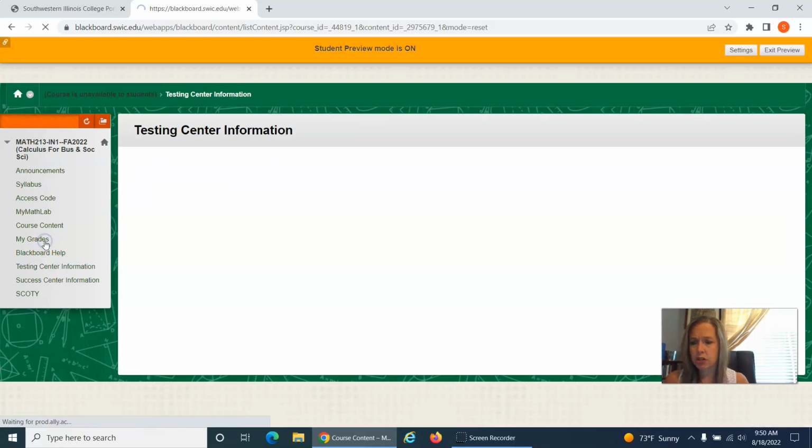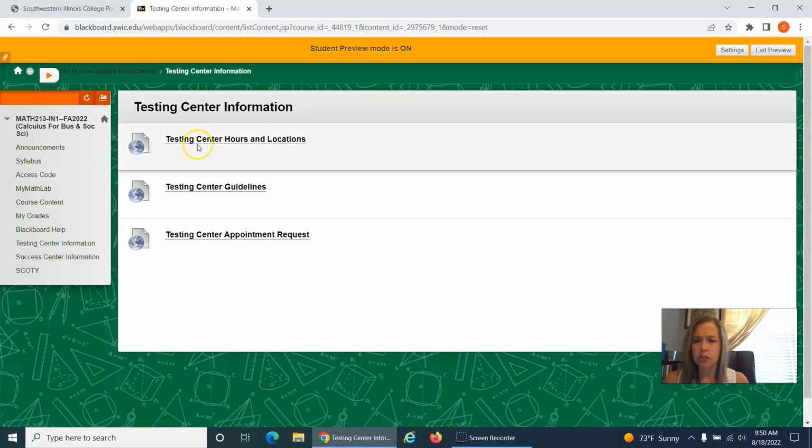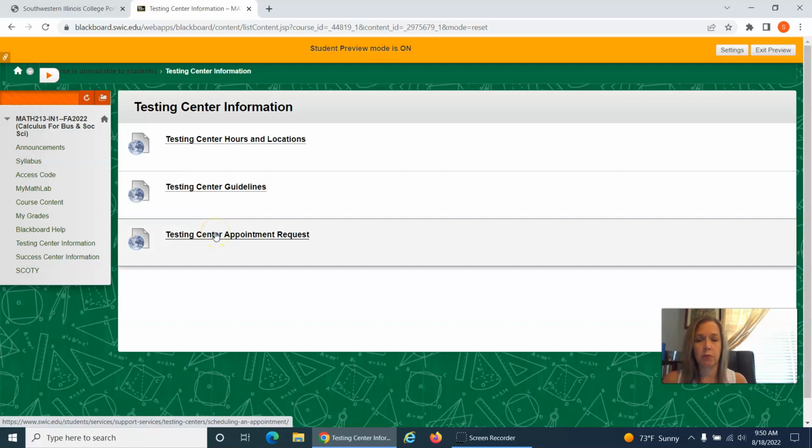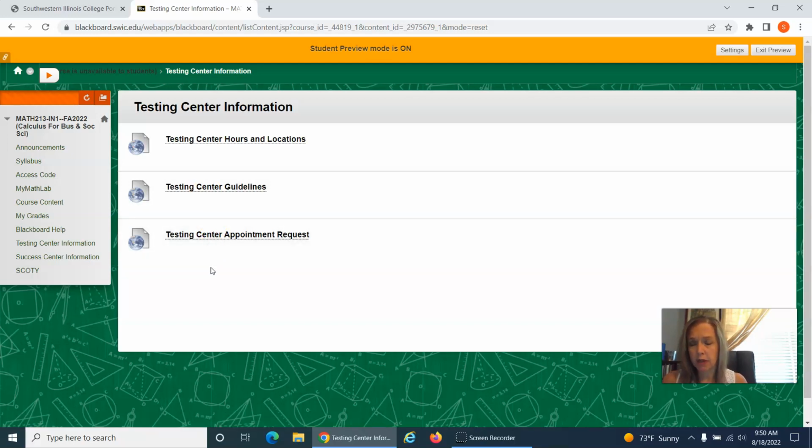Testing center information on that tab is just links to our website that gives you hours and locations of our testing center, their rules and guidelines, and then how to request an appointment to take a test. Okay, we'll talk about it in the syllabus in a minute, but proctored testing is a requirement of our math department at SWIC, even for online classes, so you will have to plan to come to campus to take your